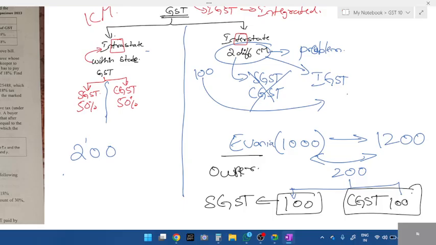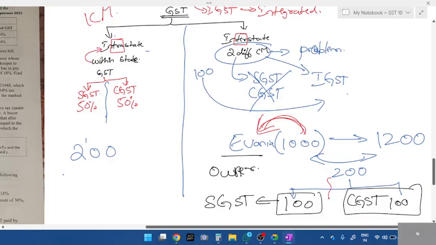Okay. She can't take 200. This 200 tax belongs to the government. All she can take is this 1000. She invested 1000, so she'll just take back the 1000. Whatever Ivania has invested, she'll take the 1000 back. The remaining 100 and 100, she'll equally split between the state government and the central government. This is known as intrastate. Sorry, intrastate. Now, when it comes to interstate,